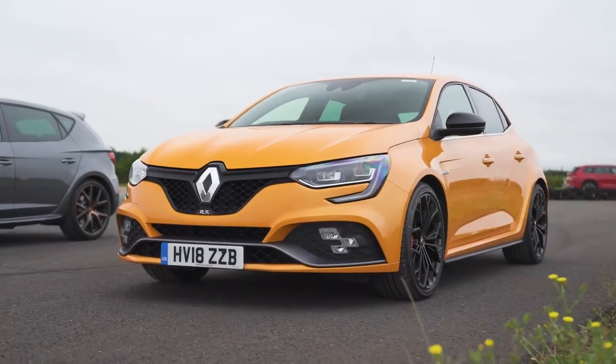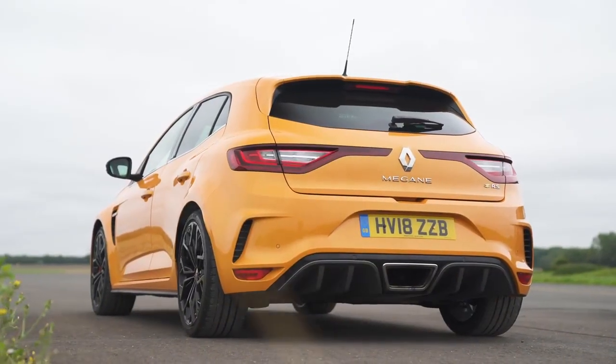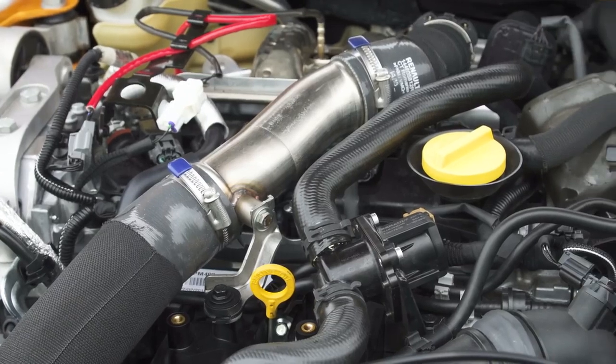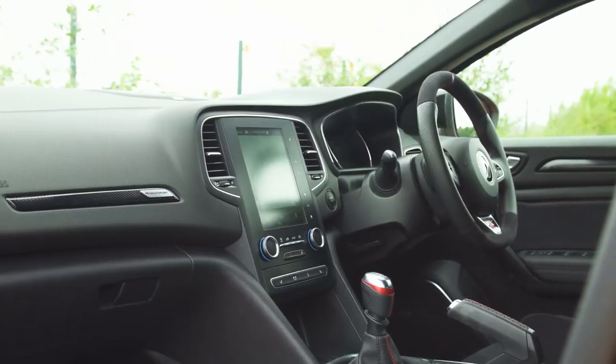The new Renault Sport Megane certainly has more visual emotion than the Seat. It's definitely the best looking car here. It's powered by a 1.8 litre turbo engine with 280 horsepower and 390 newton meters, and it costs from £29,000